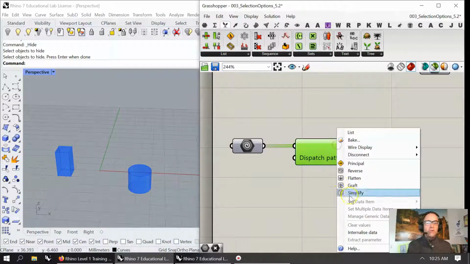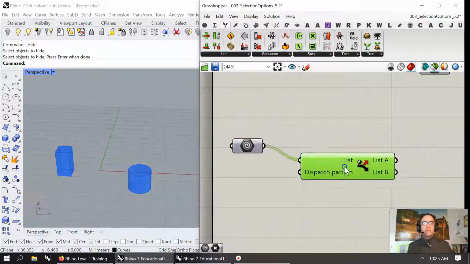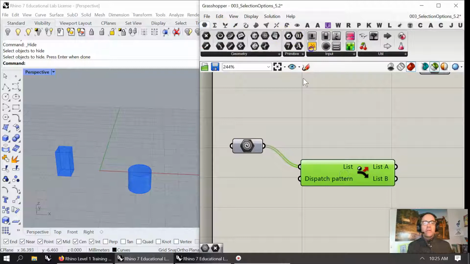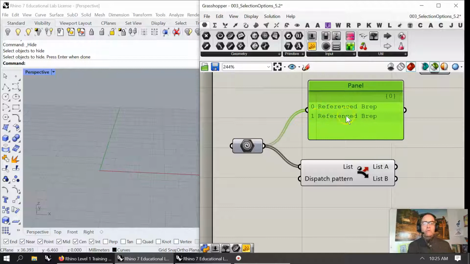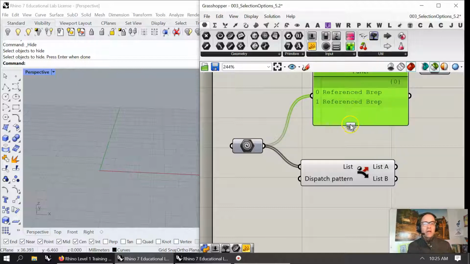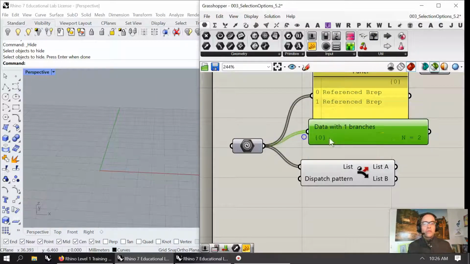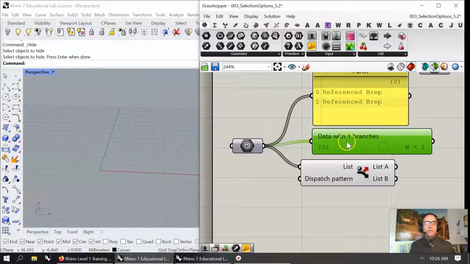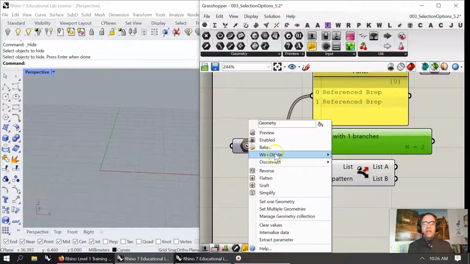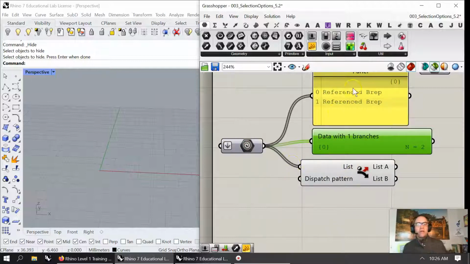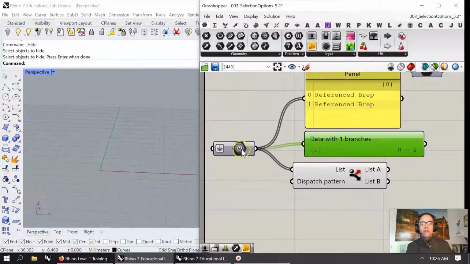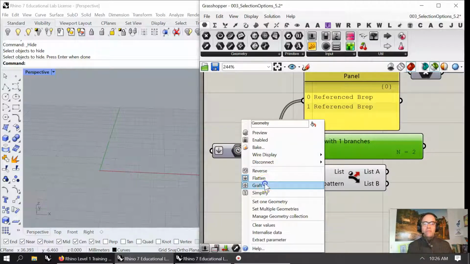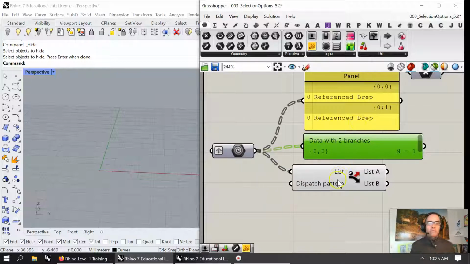If I do what's called flattening a list, what's actually happening here, and this is not advanced, but it's getting into data, you'll see that I have two objects on one branch. If you don't believe me, I can look at my param viewer, which I told you about earlier, and it's saying you have one branch with two objects. If I was to flatten that list, which is basically cut the tree down and count all the pieces, I am going to have,